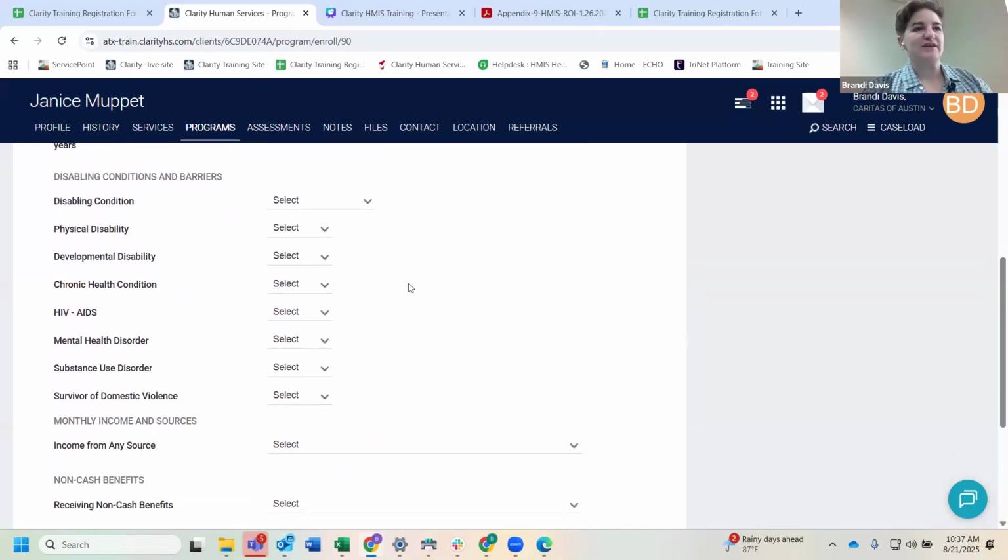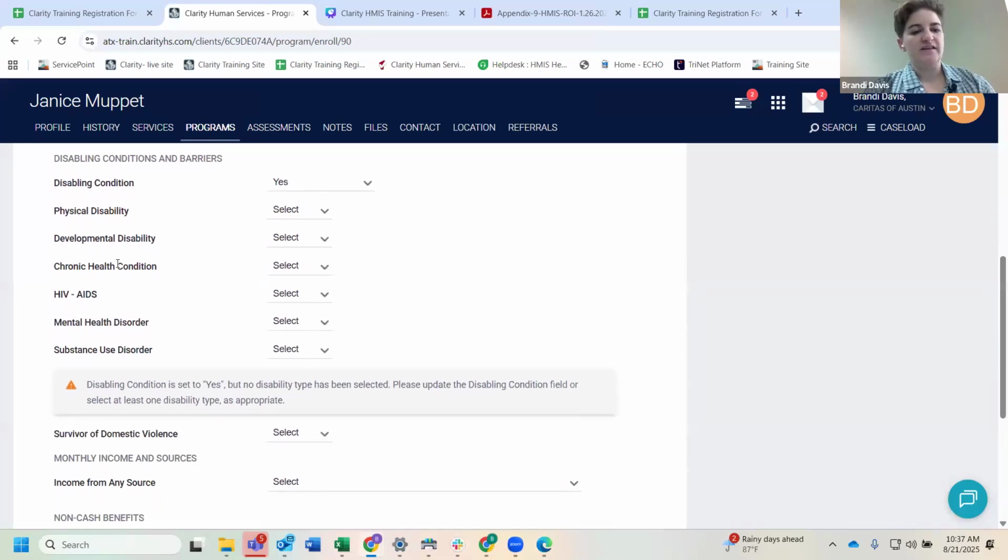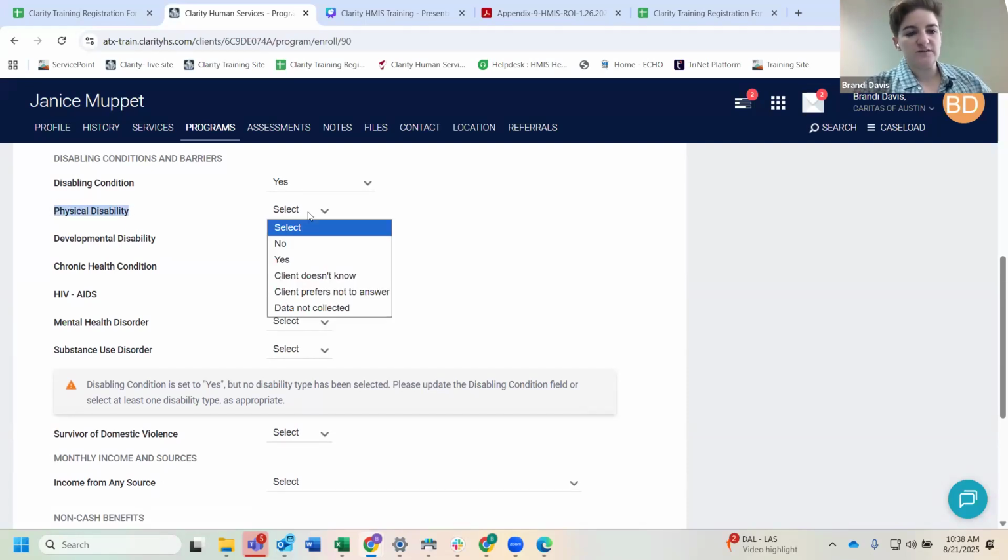So next we have disabling conditions. So this is where we'll ask the client, do you have a disability? I'm going to click on this drop down and select yes. And then typically if a client's brand new to my case, I'm not really familiar, I'll go through each one of the HUD considered disabilities. And that's mainly to make sure we don't miss anything. You might ask the client, do you have a disability? They say no. Then you go down the list and you realize that they do have one of these HUD considered disabilities. So we'd ask the client, do you have any physical disabilities?